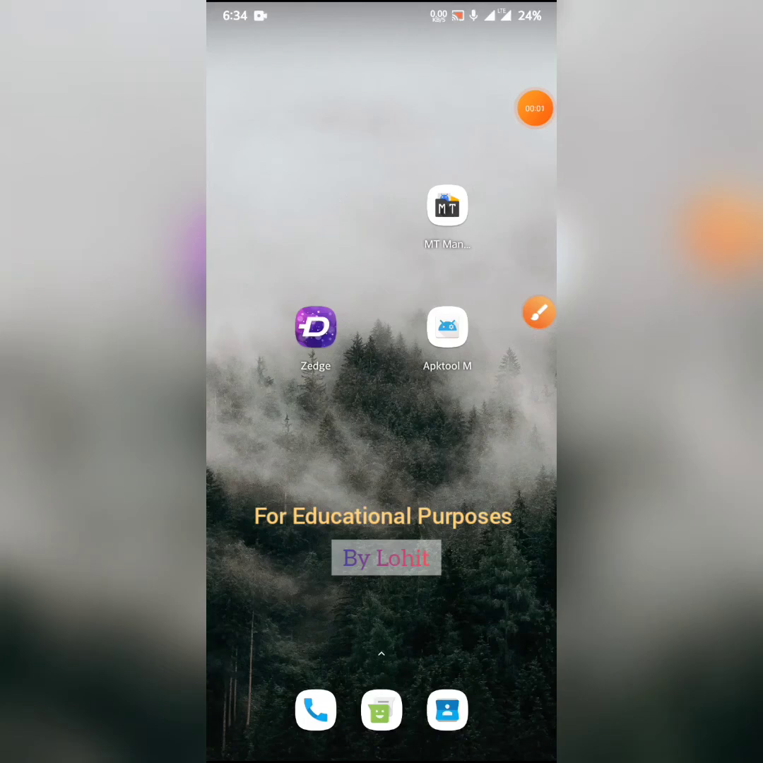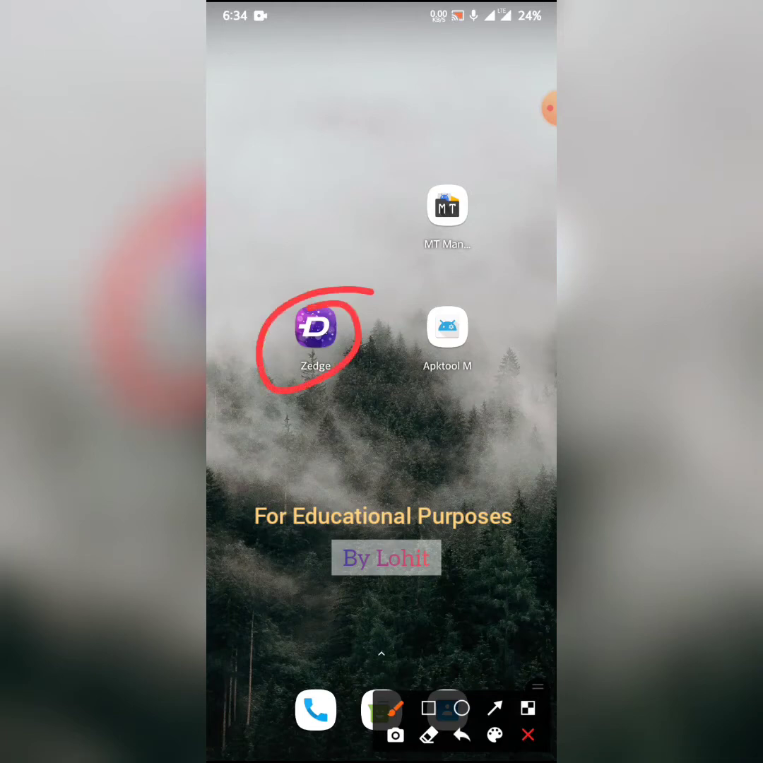Hello guys, Lohit here. So today we are going to talk about how we can remove screen record and screenshot restrictions from any app manually, without the help of any patch or app cloner. So let's get started. I am choosing Jazz and APK tool for anti-split and MT Manager for DEX